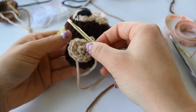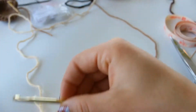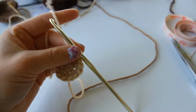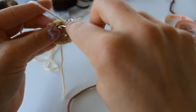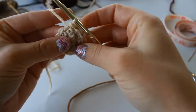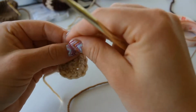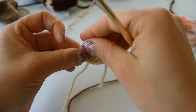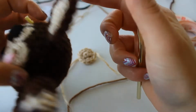So that's the inner ear. You can see it matches up to that one. And you're gonna make 3 more of these. You can just snip your yarn, slip stitch to that first stitch, and pull the tail through the loop to fasten off. So go ahead and make 3 more of those, and I'm going to next show you how to do the